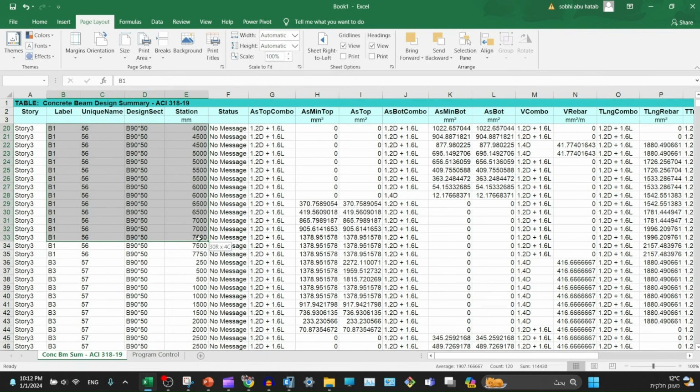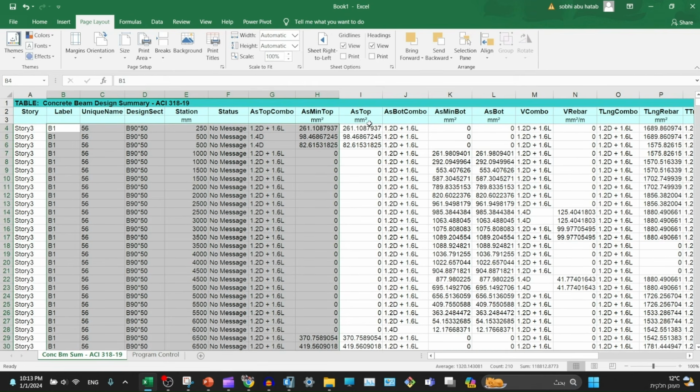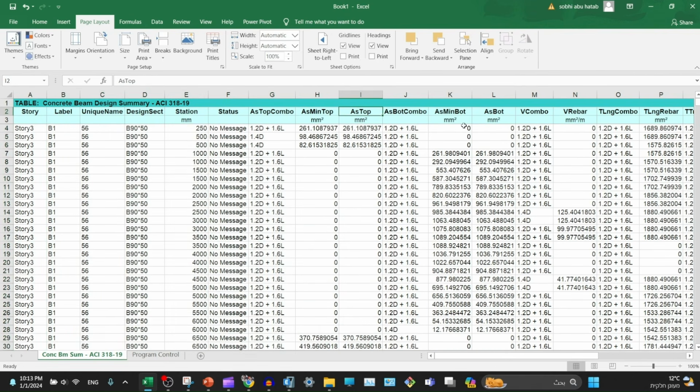And these are the stations. And here there is a status, no message, meaning no message error. Area of steel top combination that controls, and area of steel computed. Here is the area of steel top, and minimum in bottom, area of steel bottom, and the combination for shear,